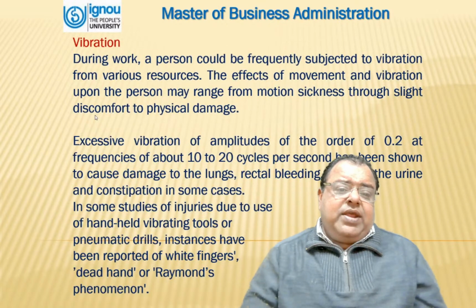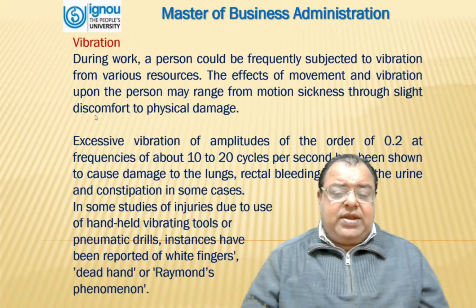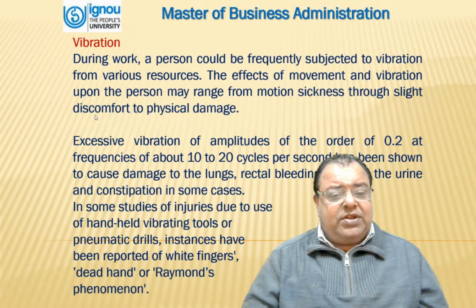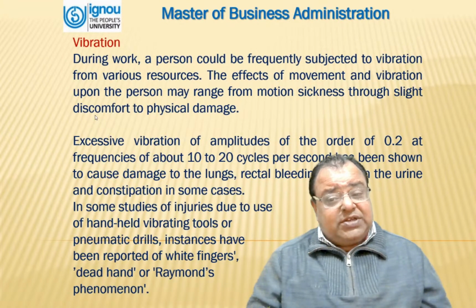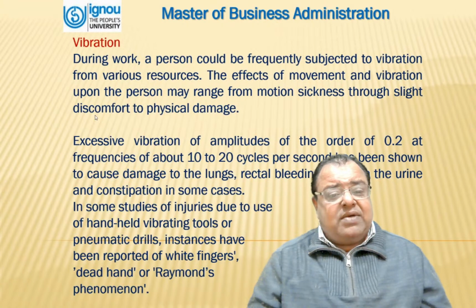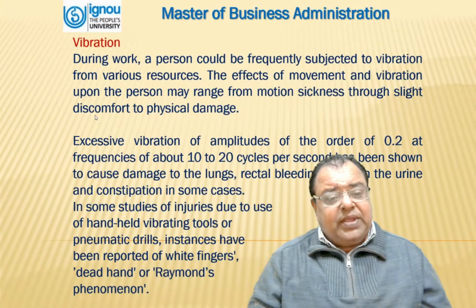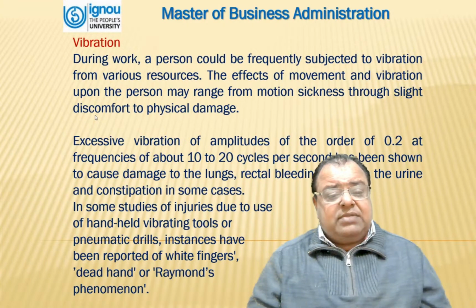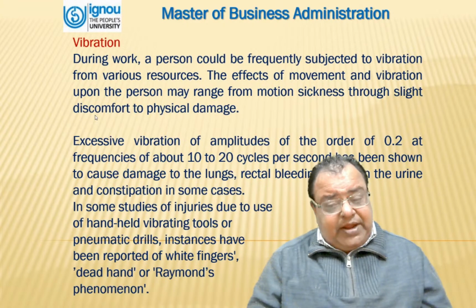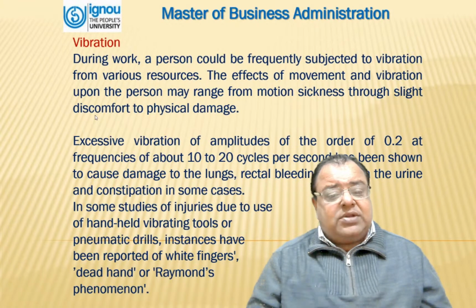Vibrations. During work, a person could be frequently subjected to vibrations from various sources. The effects of movement and vibration upon the person may range from motion sickness through slight discomfort to physical damage. Excessive vibration of amplitudes of the order of 0.2 at a frequency of about 10 to 20 cycles per second has been shown to cause damage to the lungs, rectal bleeding, blood in the urine, and constipation in some